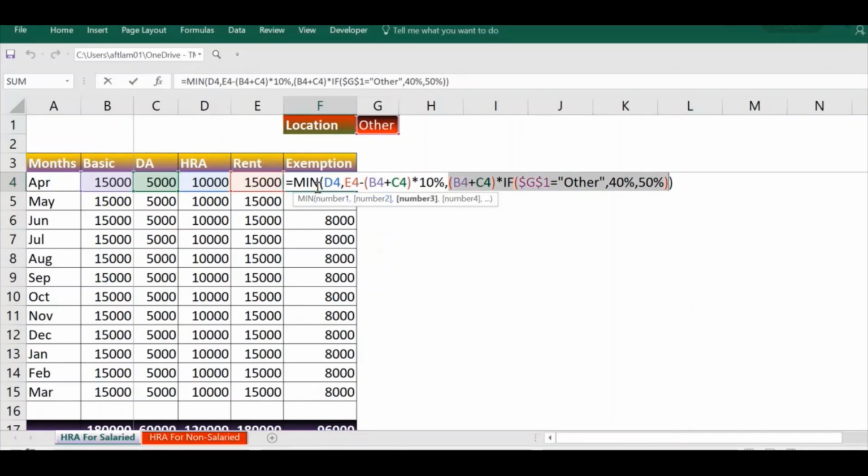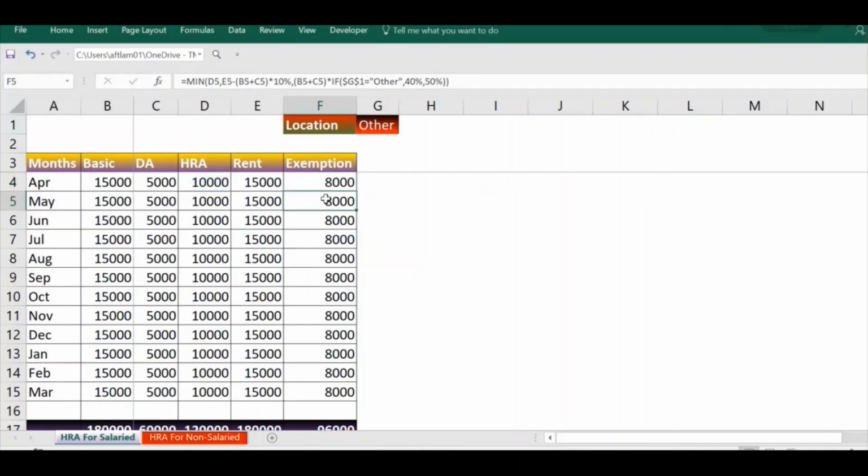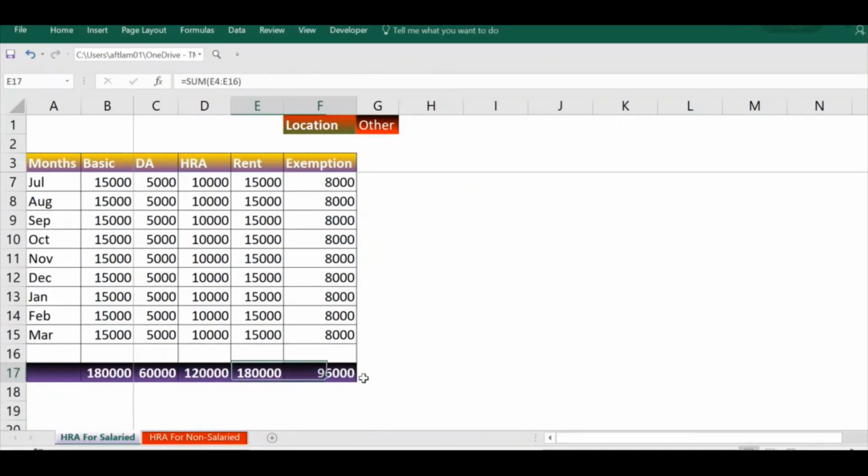I have started this formula with minimum because we need the least amount for exemption. So you can see the calculation here and how much the exemption is coming. Now I will change the location from metro to non-metro and non-metro to metro, and you can see the difference here.